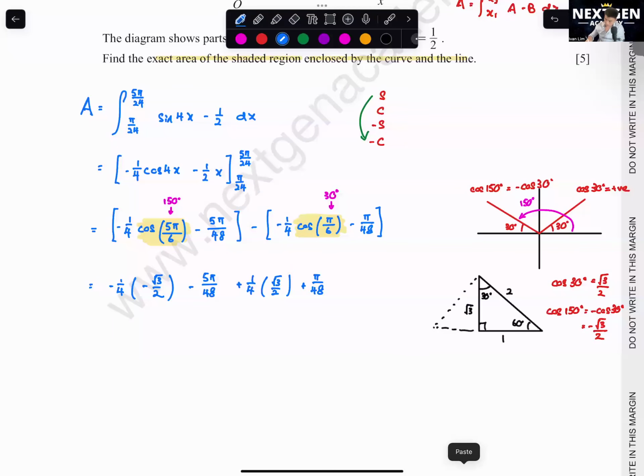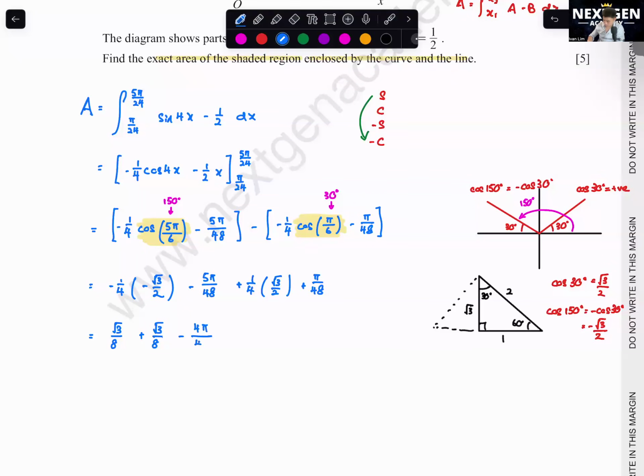We expand this. This one will be surd 3 over 8. Plus surd 3 over 8, minus 5 pi plus pi will be equals to minus 4 pi